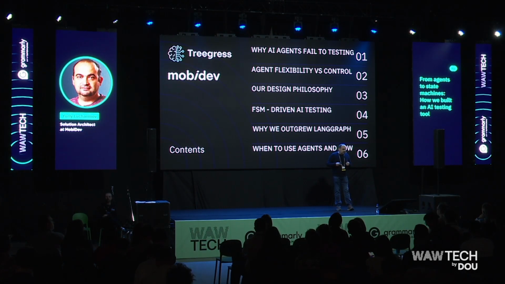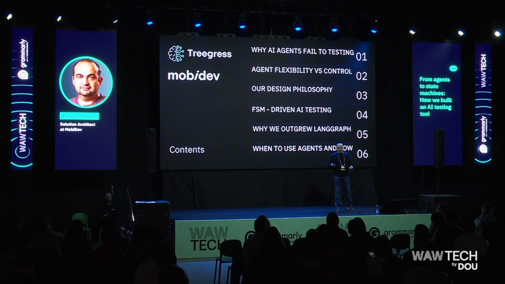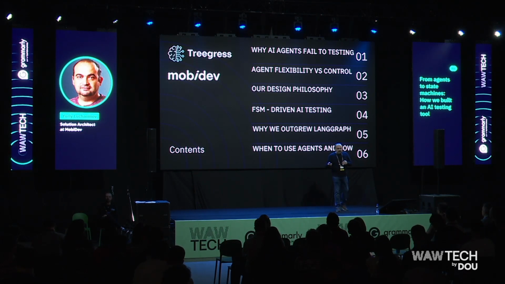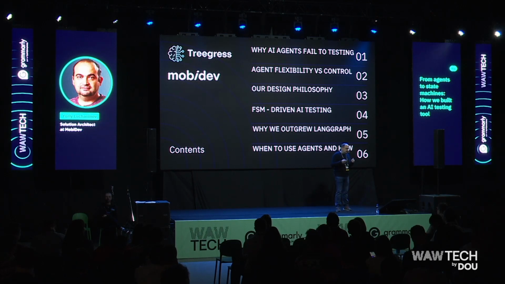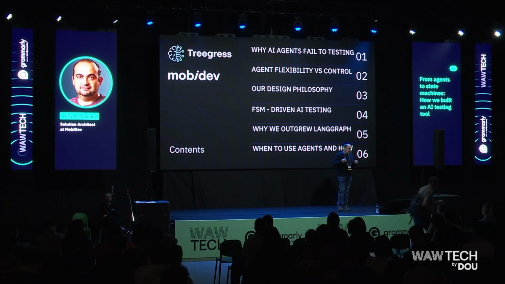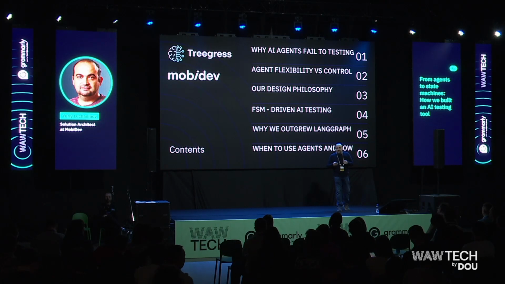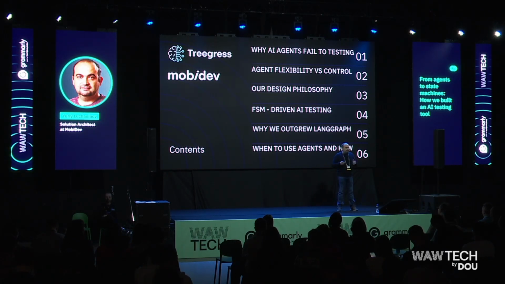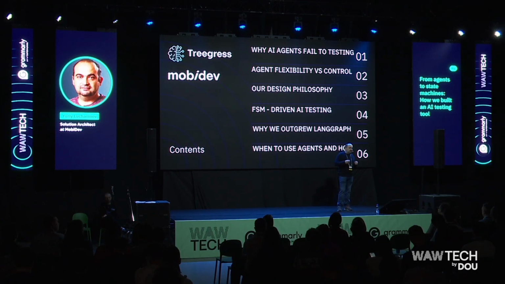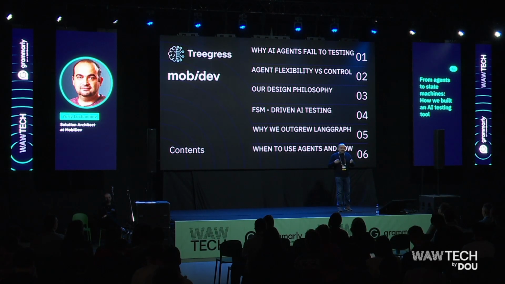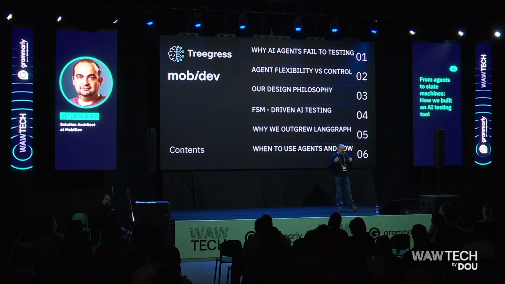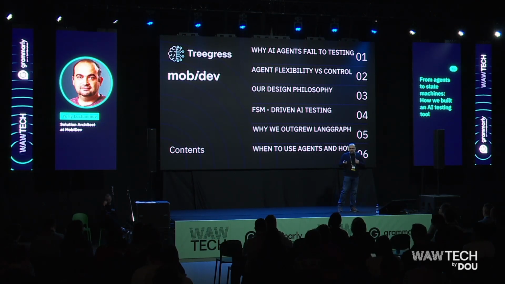And in the end, we will discuss some technical points: why we chose LangGraph in the proof of concept stage, and then outgrew it. And finally, I will give you a couple of hints about which technology or AI patterns you could use in different cases,